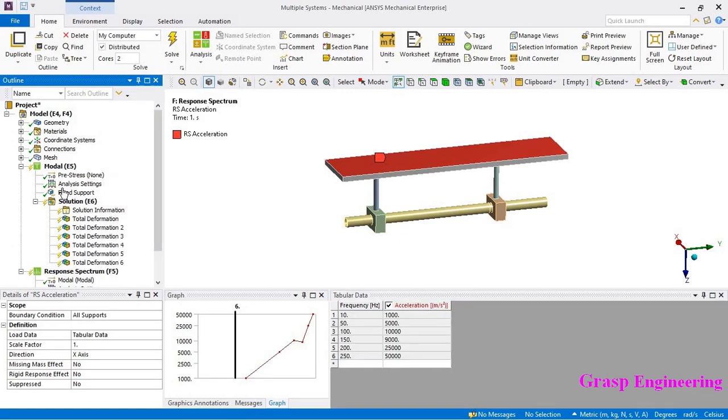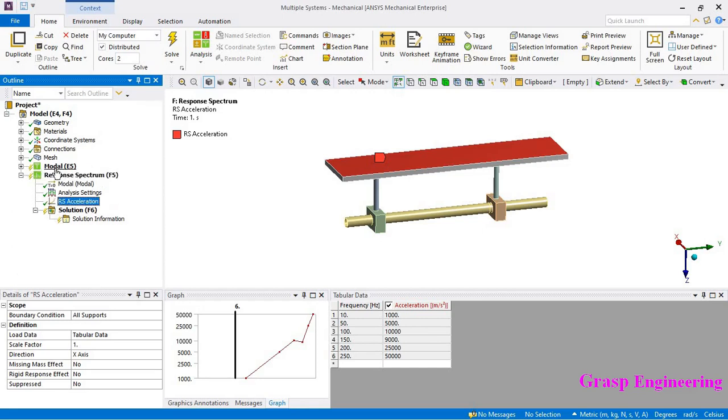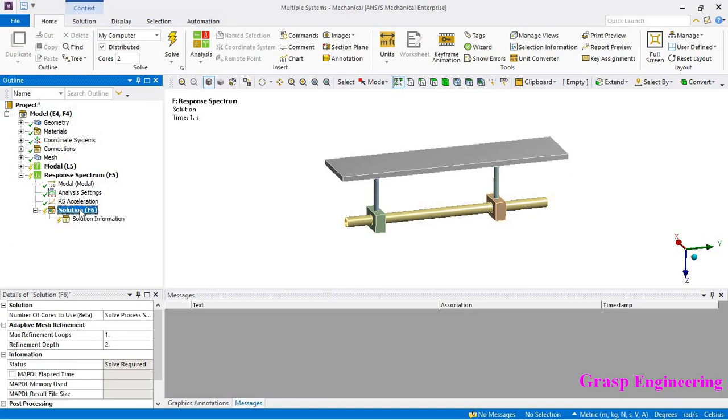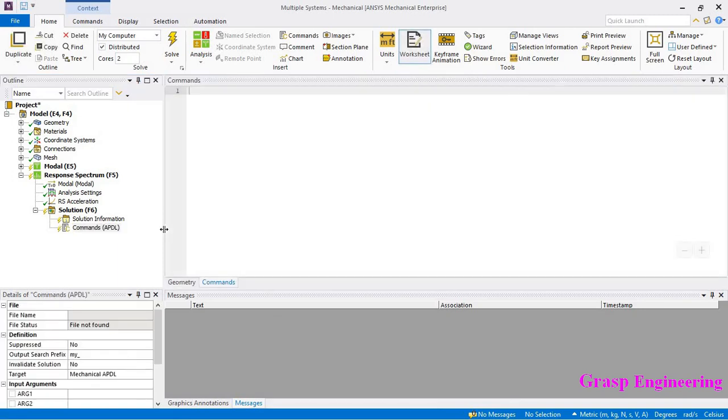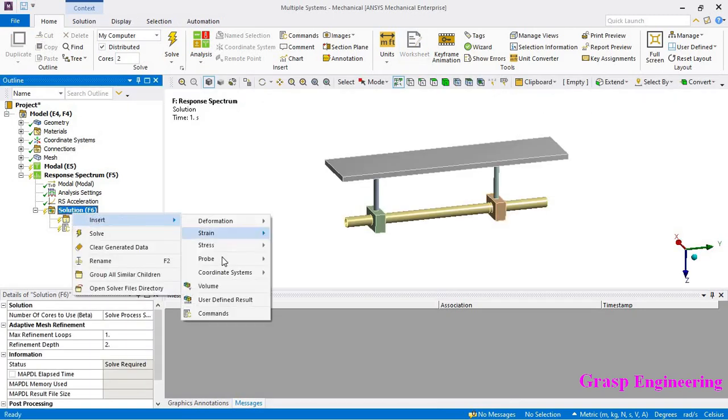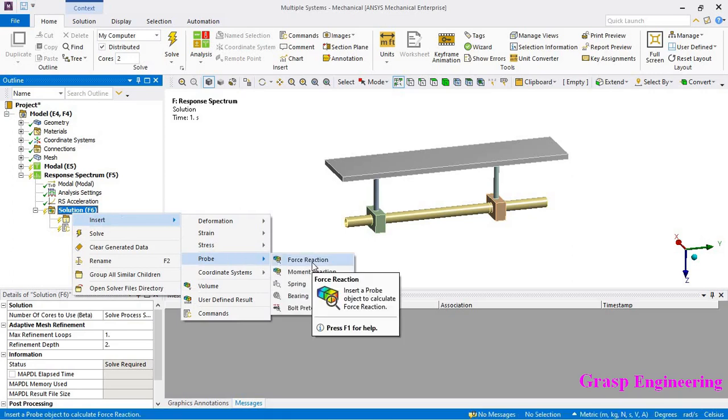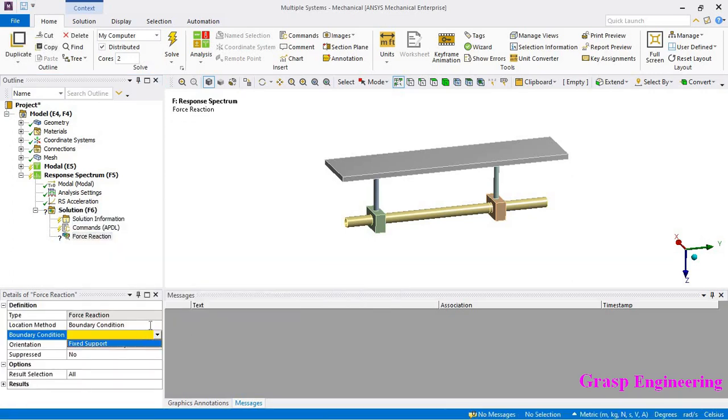Before solving that, you first need to solve the modal analysis, and then here you need to define the command script. So right click, insert, and here you need to write the command to extract the joint reactions. Because if you see here, insert, and if you go inside probe, you can see force reactions, but there is only one provision: you can extract the forces only on a boundary condition.